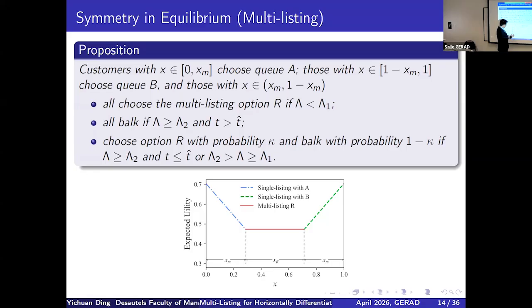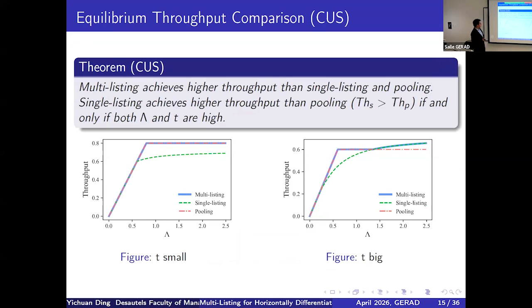What is symmetric? It means the QA and QB will have the same arrival rate. That will be the same because we assume the service rate is the same. Right? So it's not difficult to expect that at the equilibrium, the proportion of customers choosing QA or choosing QB will always be equal. Okay, so this is the characterization of the equilibrium, and then based on that, we can compare their throughput